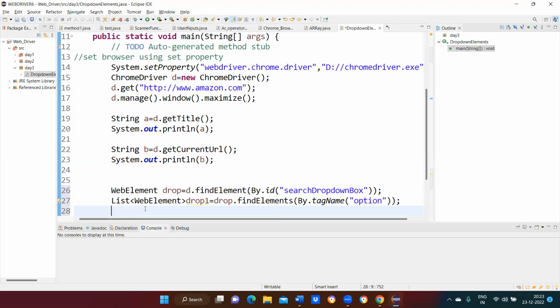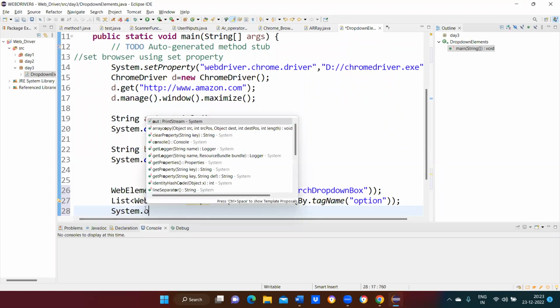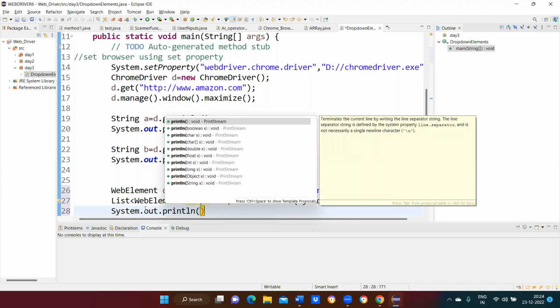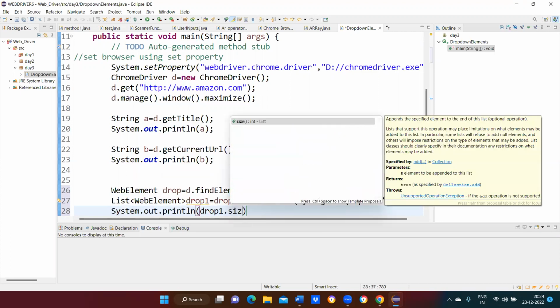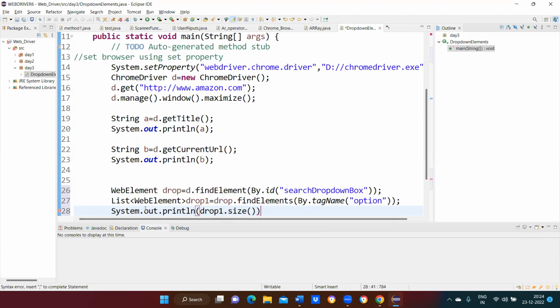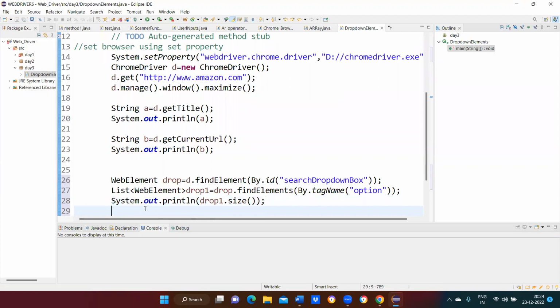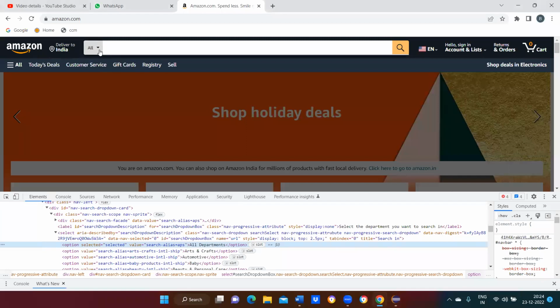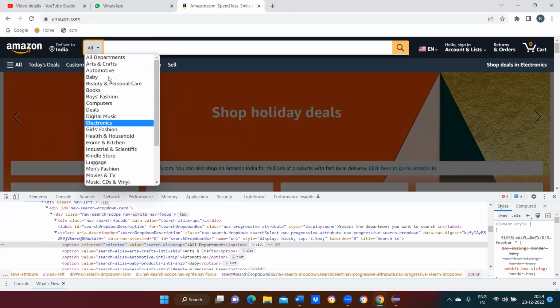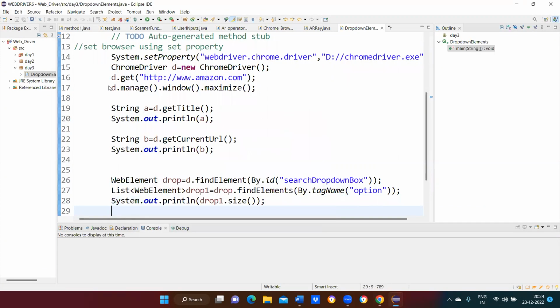Now after that I want to get the size, how many elements are there. For that we use System dot out dot println drop one dot size. So I'm going to get the size of those elements. Once I get the size of those elements, I want to read each and every element, read each element and display it. So for that we use